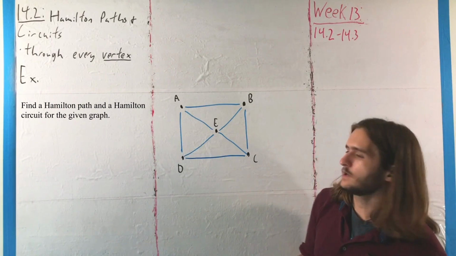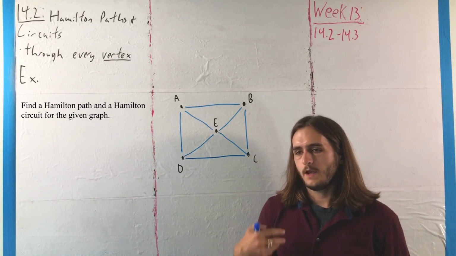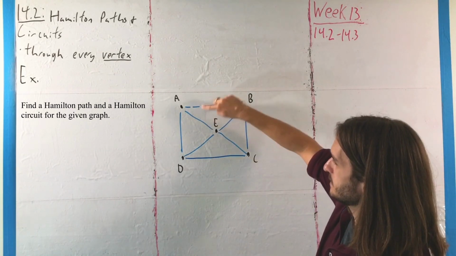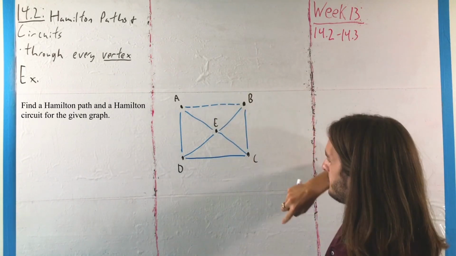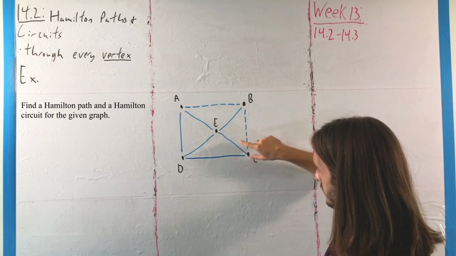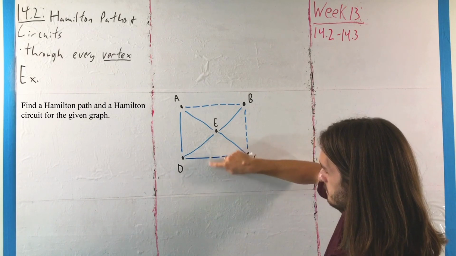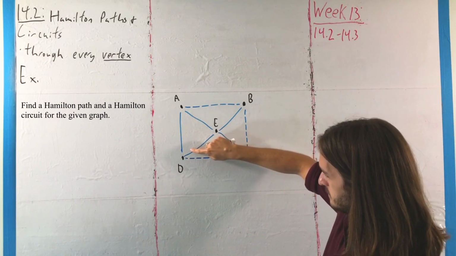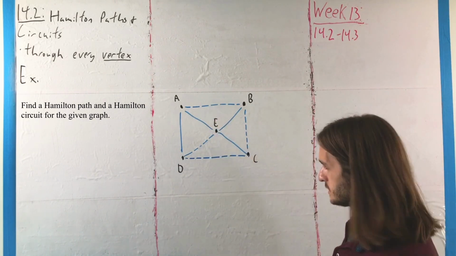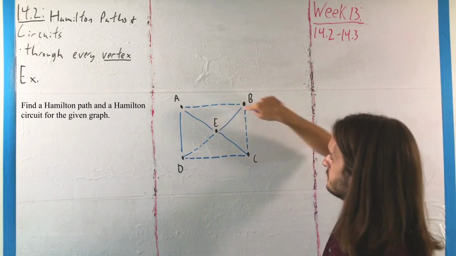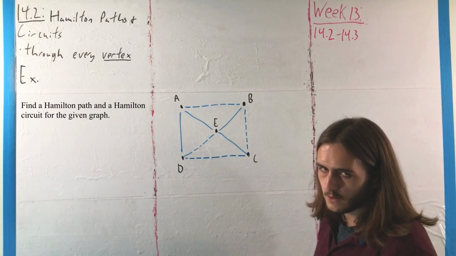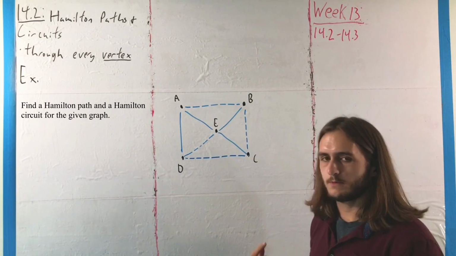One very easy one we can get here for a Hamilton path is to just think alphabetically. So if we take that first one up top, A to B, then go from B to C, then go from C to D, then go from D to E. Doesn't really matter to us that we didn't hit these four edges there. What matters is we've hit A, B, C, D, and E. We've hit all of them, so we have our Hamilton path. And if we want our Hamilton circuit,